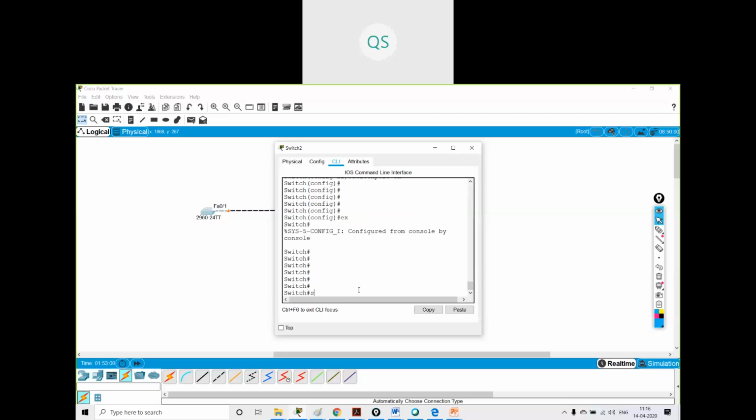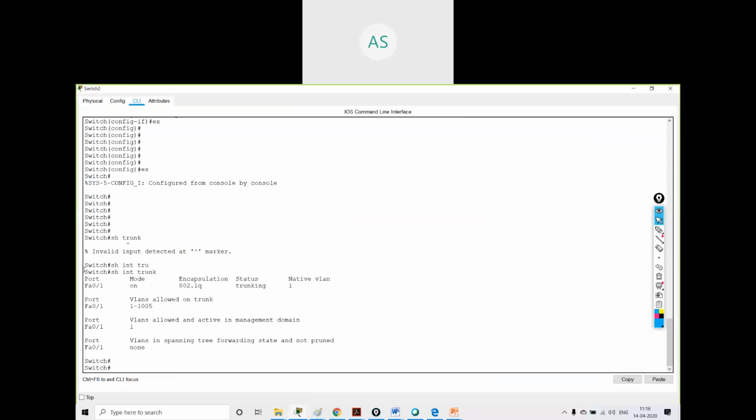To see the trunk, I give the command show interface trunk. Once I give this command, I can see which port is my trunk port.